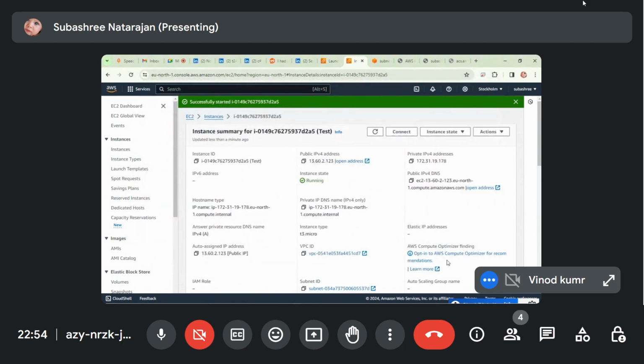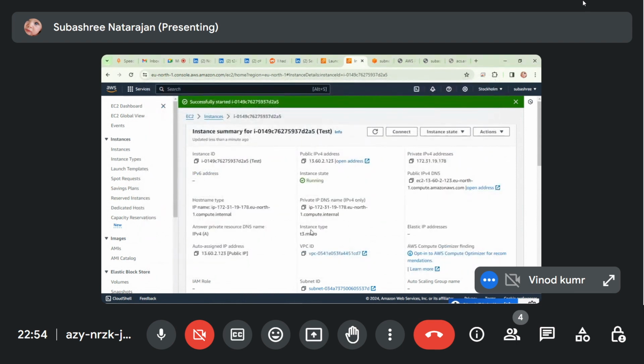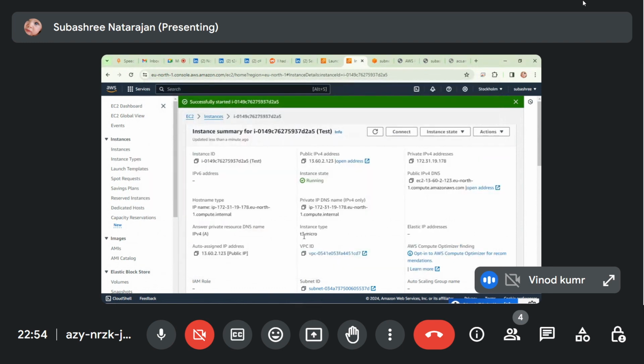Now you can see the public address is changed. So why only the public address? Whenever you are giving your application access, it is majorly to the public address, not the private address. If you add this public address as a DNS, the domain naming service, this IP keeps on changing. The previous one was 16, now it is 13. If your DNS name is attached to the previous public IP 16 and you reboot the server, it changes to 13. Then users cannot access the DNS name you assigned to the previous IP.